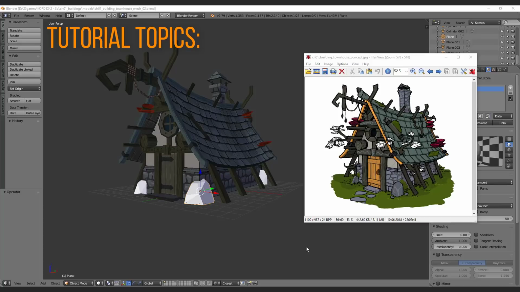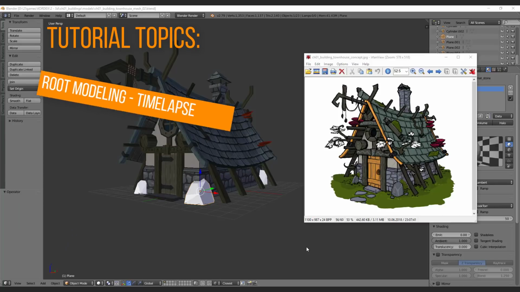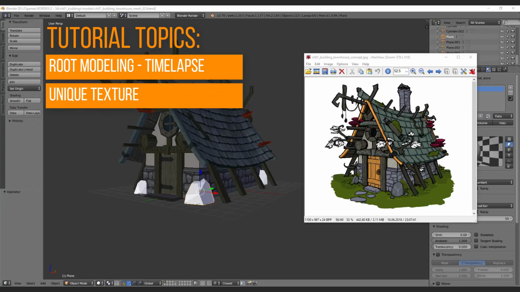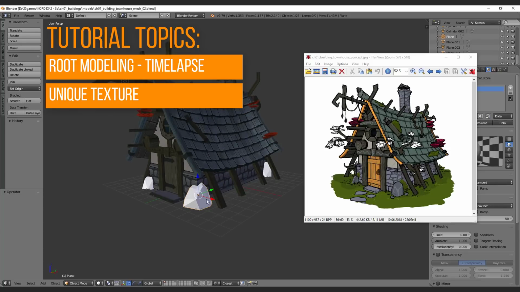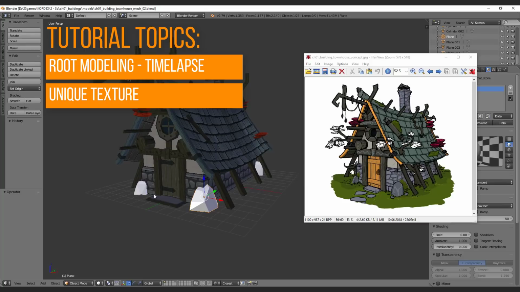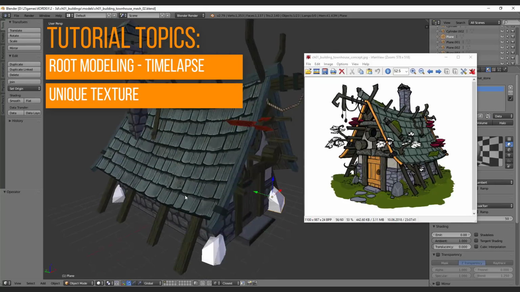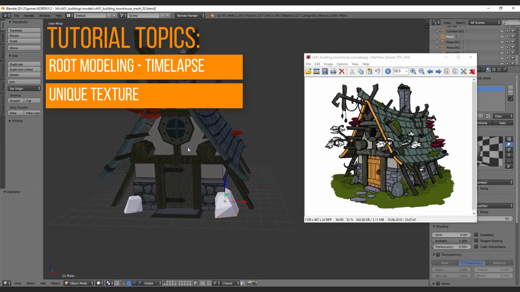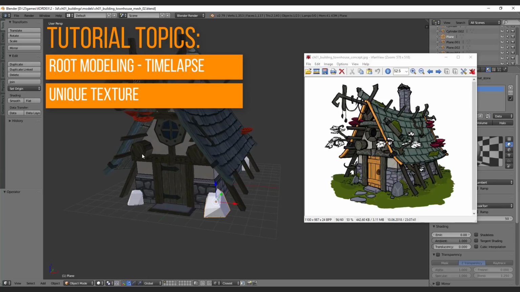So the first will be a quick root modeling time lapse for doing all the little details here. The second part will be create a unique texture for this house, and I will care about the stone texture for here, the 4 stones around my house base. Then the third point will be the texture for this part here, for this wood detail stuff. So we have a nice wood inside